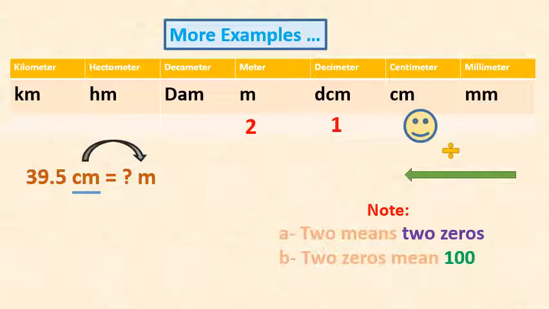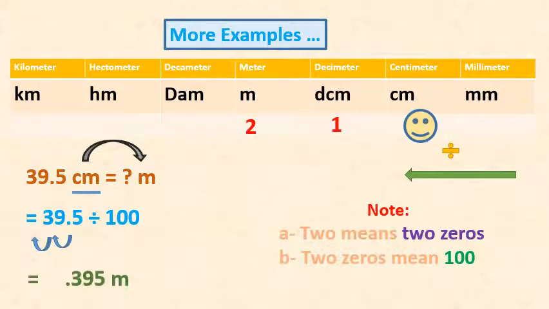So we said 2 means 2 zeros. 2 zeros mean 100. So we're going to divide by 100. Again, since we have 2 zeros over here, it means I have to move the decimal point 2 places, 2 places to the back. Why? Because we have division. So this is 1 place, this is 2 places. So the answer is